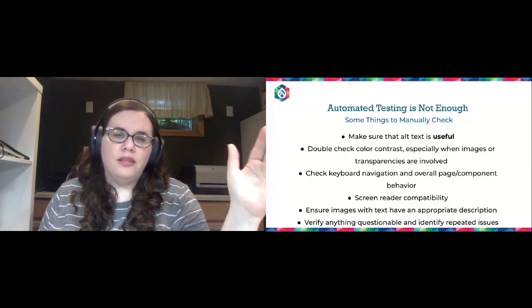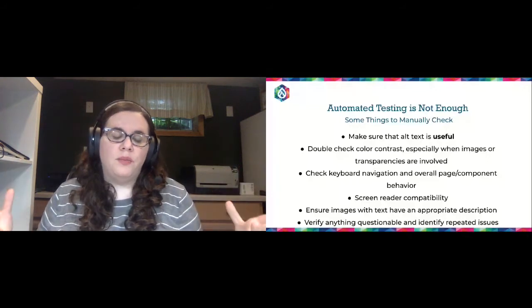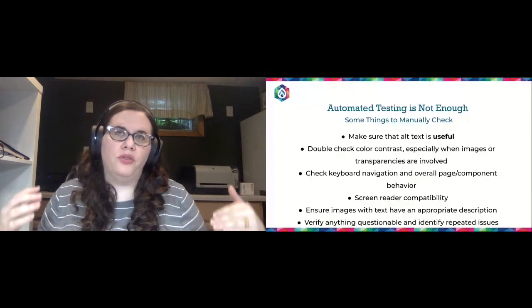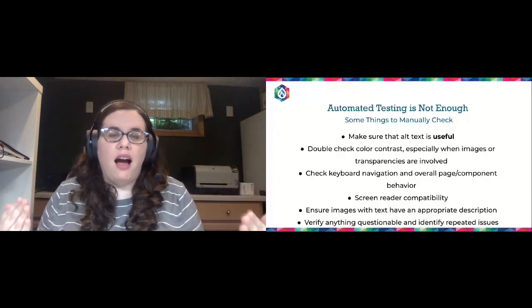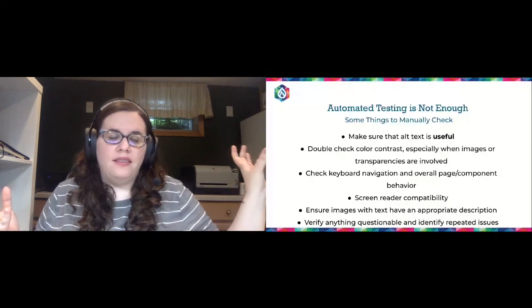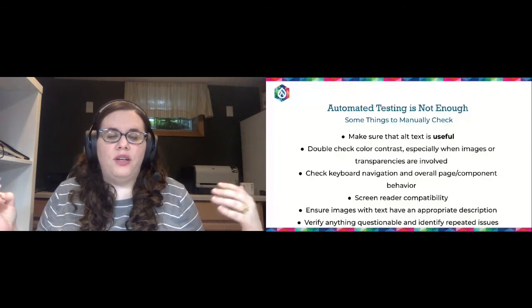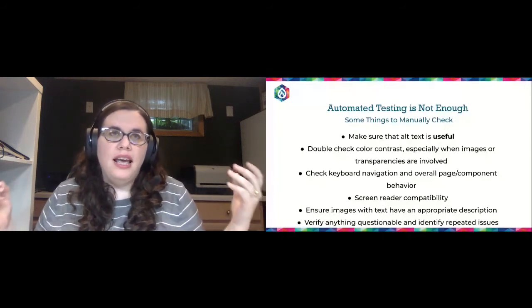It is going to be adjusted based on the background behind it. So if you have a transparency that's on a white background, it will appear lighter. If it's on a dark background, it will appear darker. So the actual color that is displayed is not going to be something that the testing tool can find.